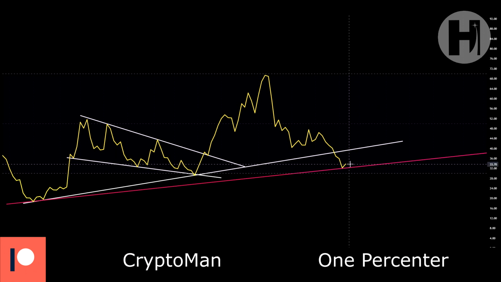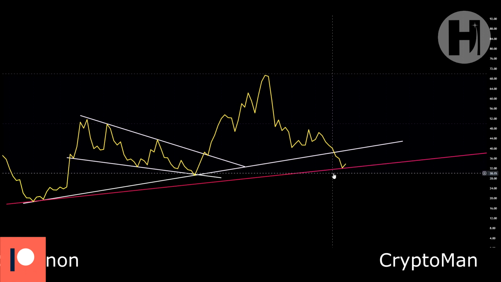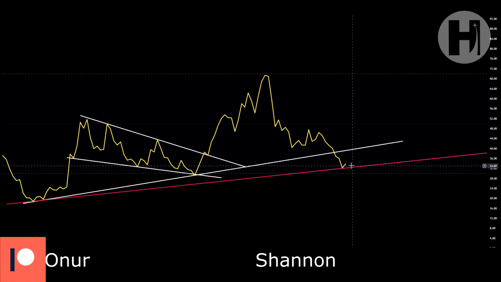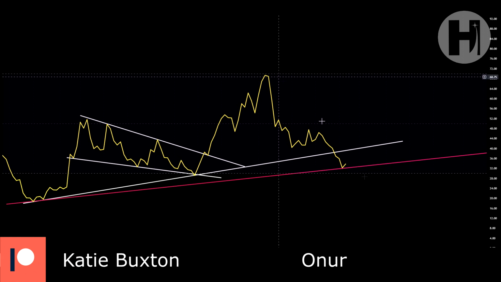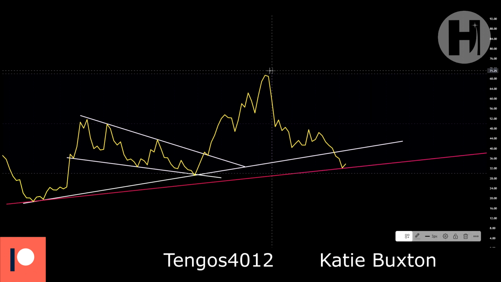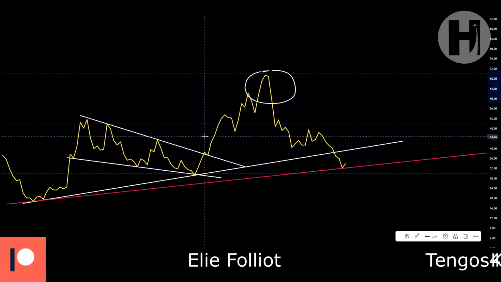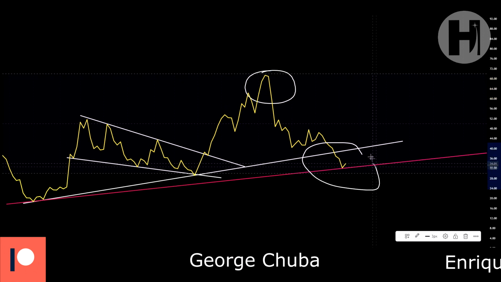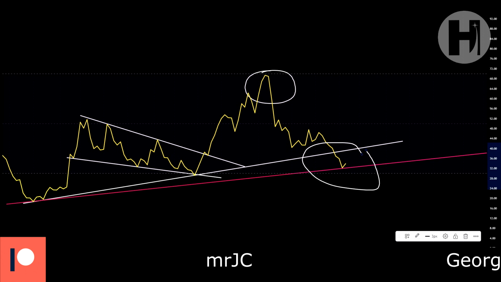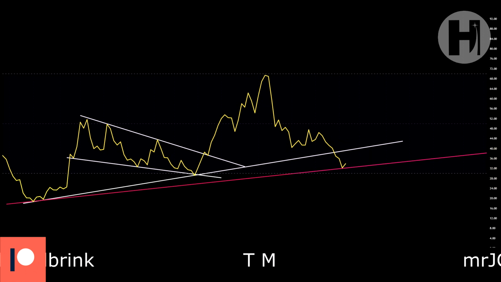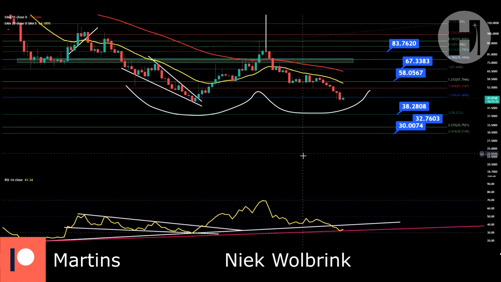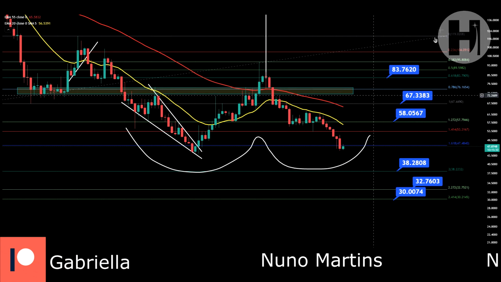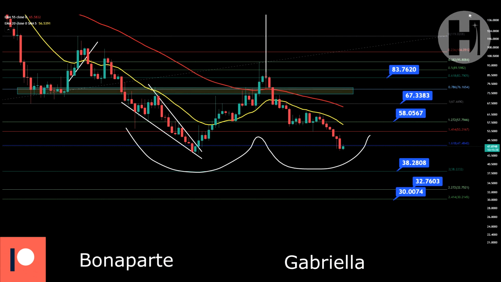But regardless, right now is a very good opportunity to get back into Moonriver or dollar cost average your way in, because if you have been buying Moonriver when the RSI was almost overbought, then I don't know what you're doing if you're not buying Moonriver once the RSI is almost oversold, okay? It just doesn't make sense for me personally. And yeah, let's jump into the Binance chart on the Binance website.